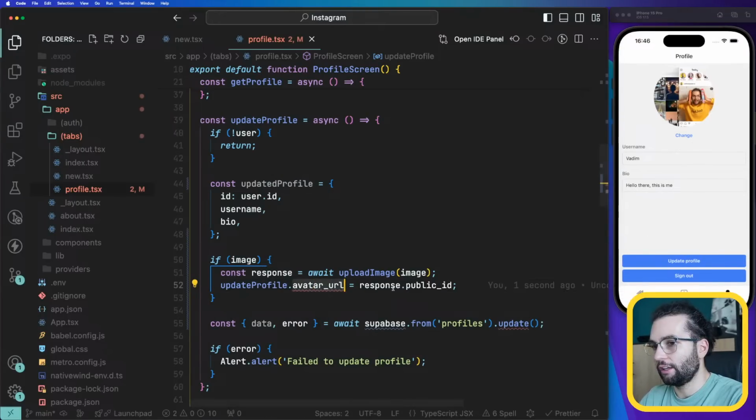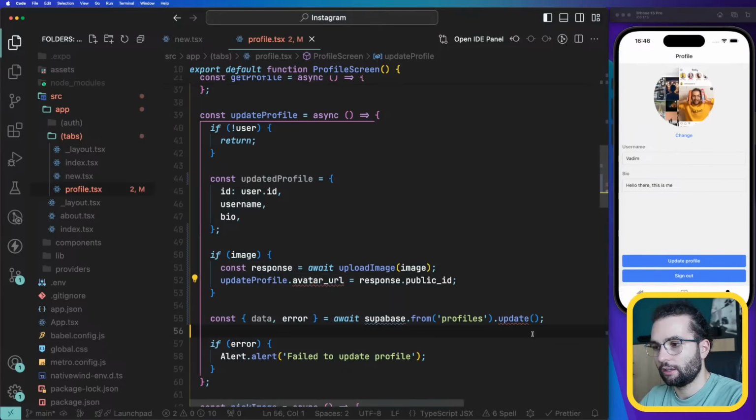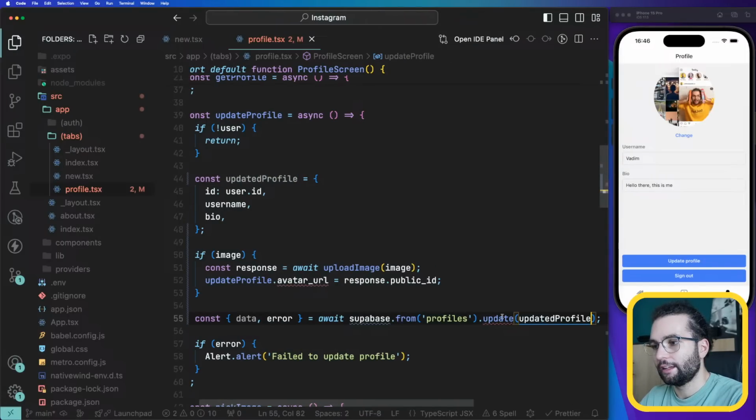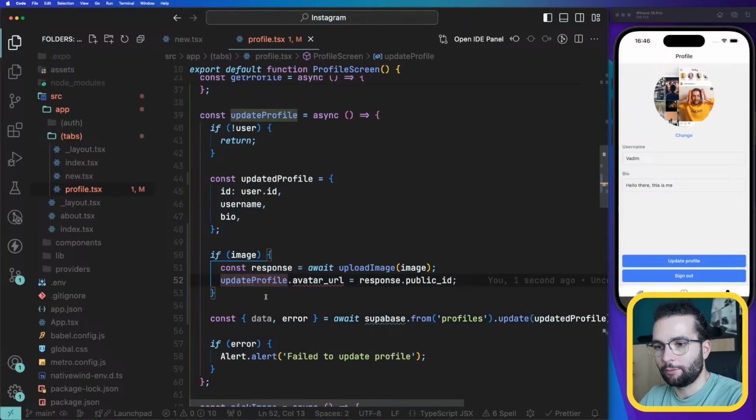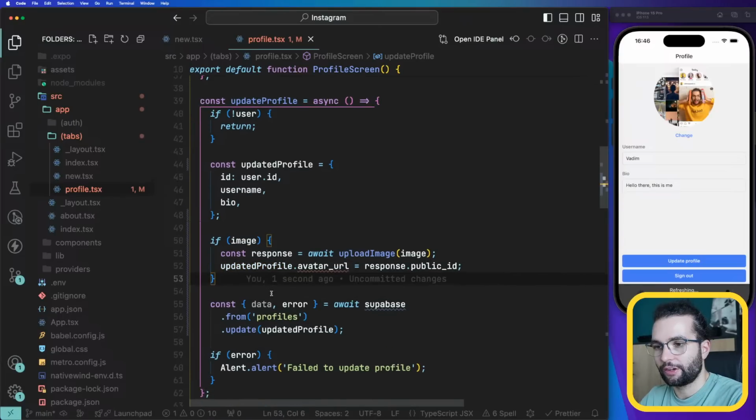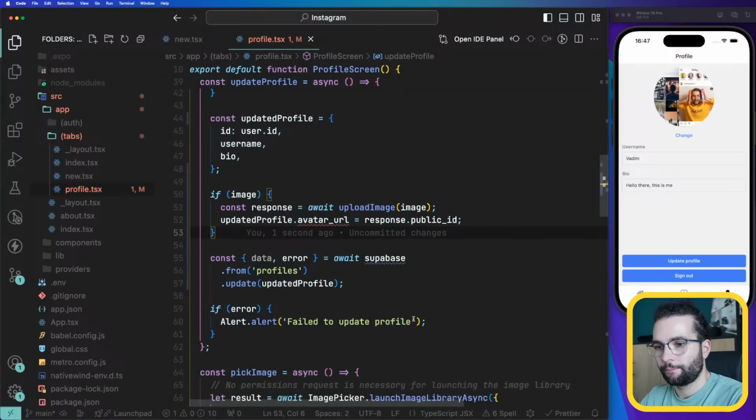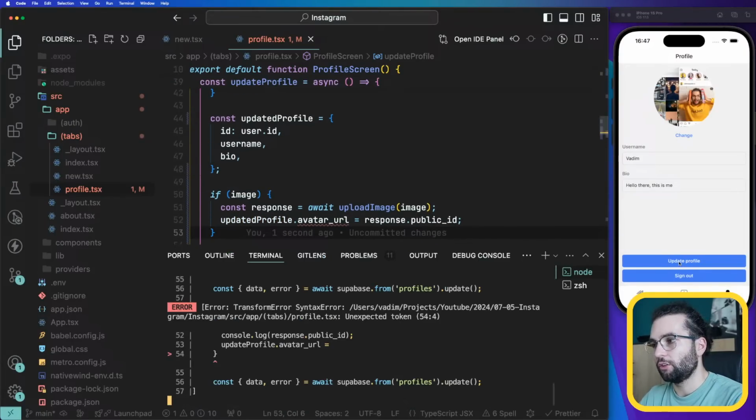Let's check it out. And in update I need to send this update profile. Not here, I made a mistake. It should be updated.profile. So now if I do press the button,